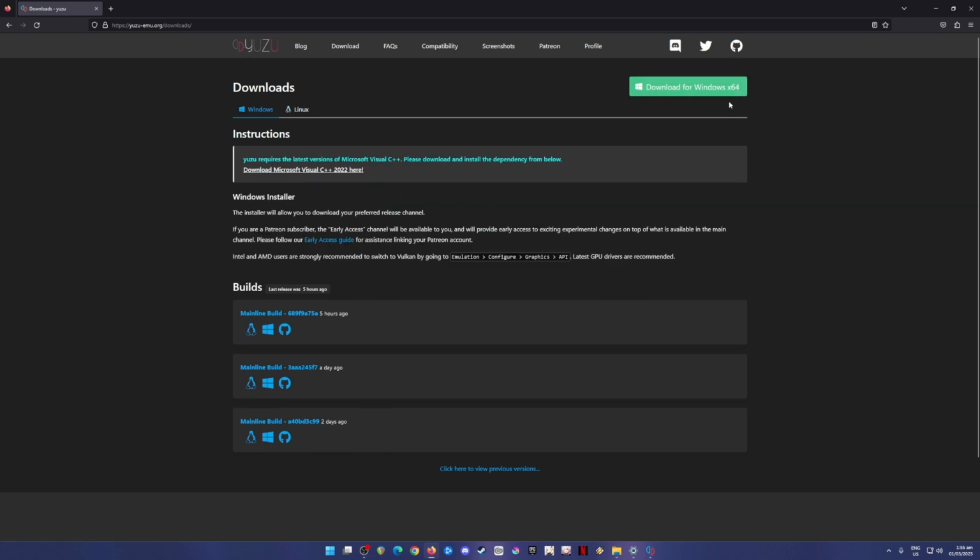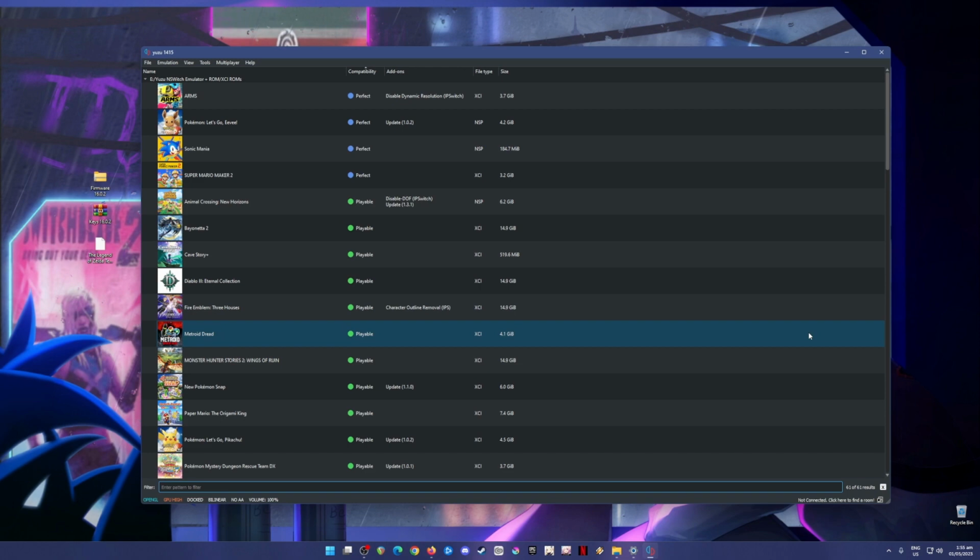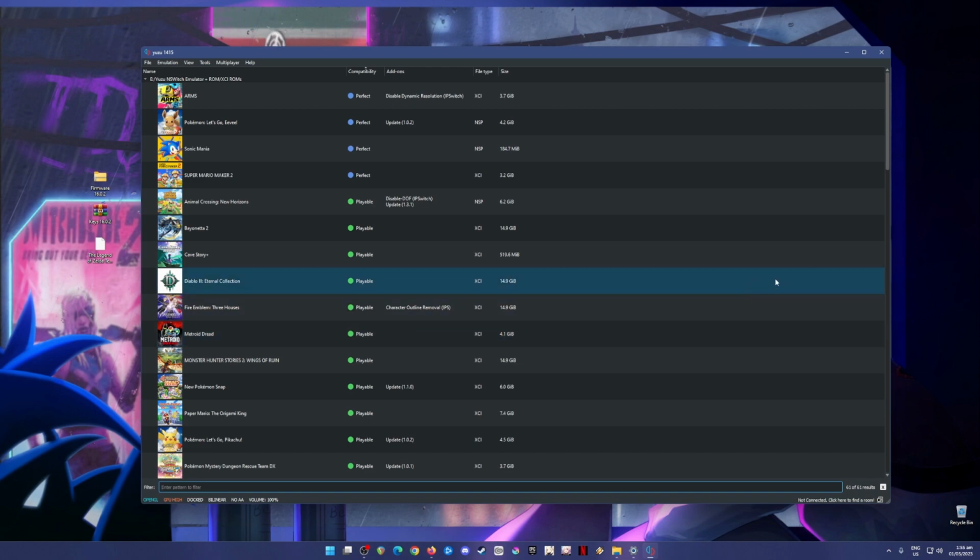Since I am using Windows 11, I'm just going to skip the download and installation process because that is really easy to do and anyone can do it. It's really straightforward, so I'm going to skip this part. I'm going to minimize this, and I'm going to assume that you have already downloaded and installed the latest build of Yuzu Emulator. So if this is your first installation, be sure to run Yuzu Emulator now and boot it up,